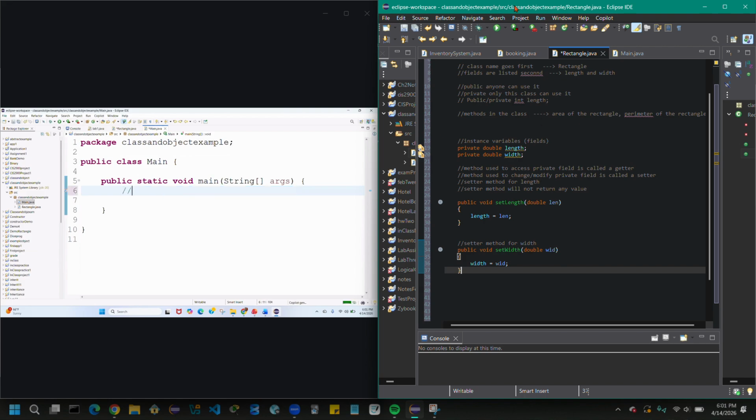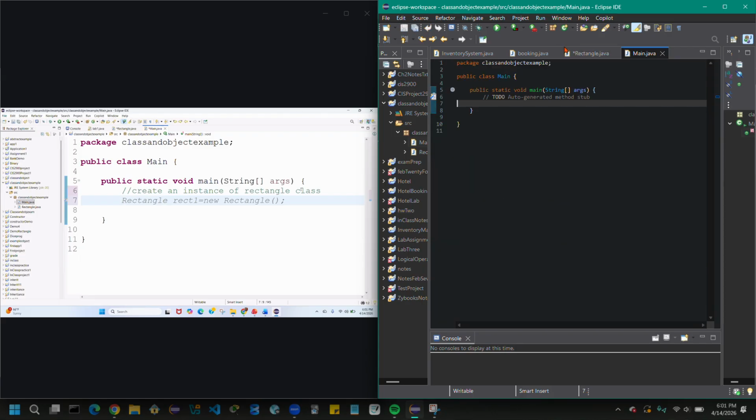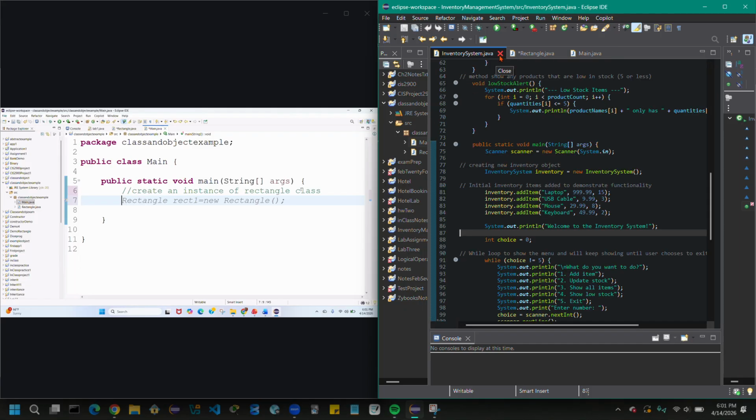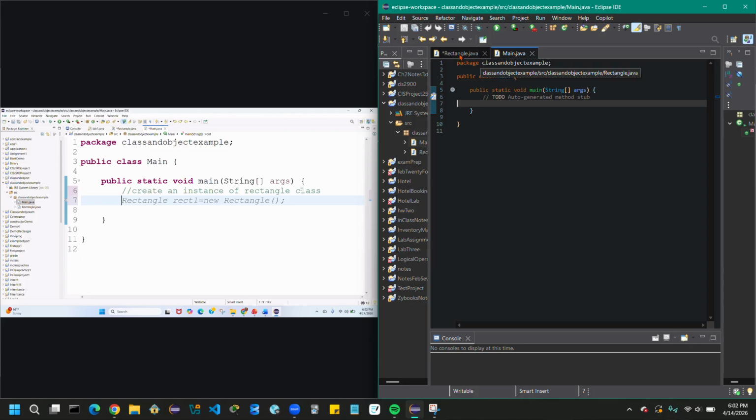in main, create an instance of the Rectangle class. Now, whatever is shaped like a rectangle, you can set a length for that. A box is a rectangle. So a box is a thing. A room is a rectangle. A room is a thing. So it's an object.